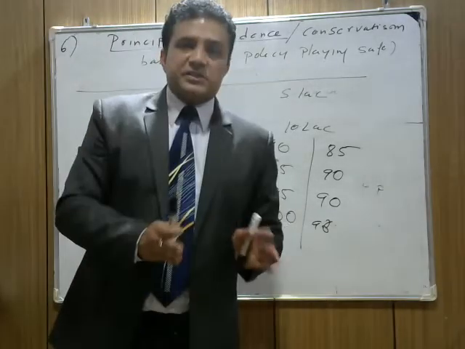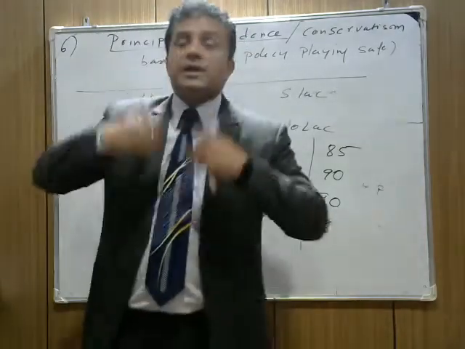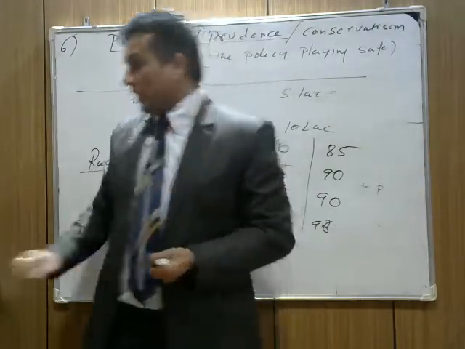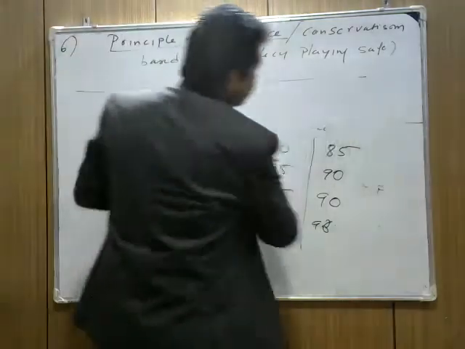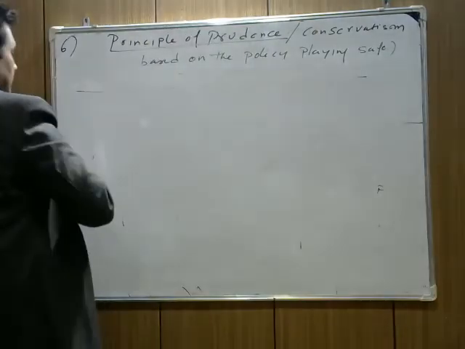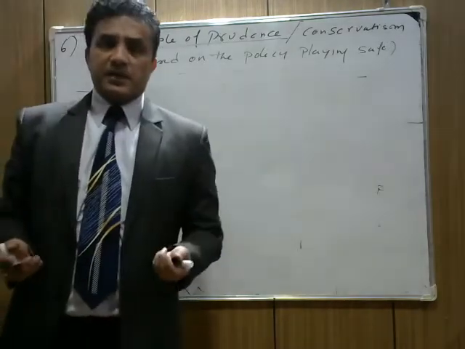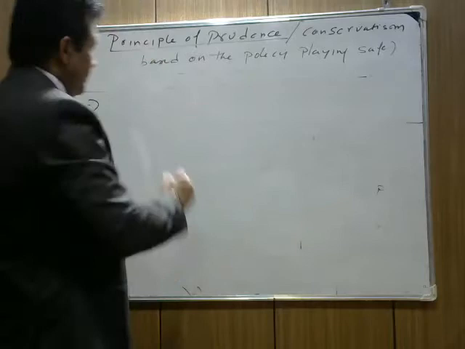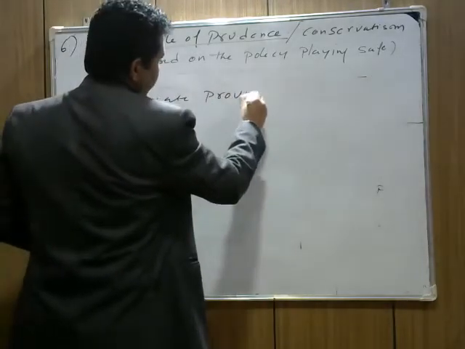You understand that? It's not an economic event, I know that, but I'm giving an example in your terms. So playing safe means all the anticipated profits should not be shown in the books. But all the anticipated losses, wherever losses occur, should be shown in the books. Now, examples of anticipated losses. Is this clear? Now, examples of how the anticipated losses can occur.